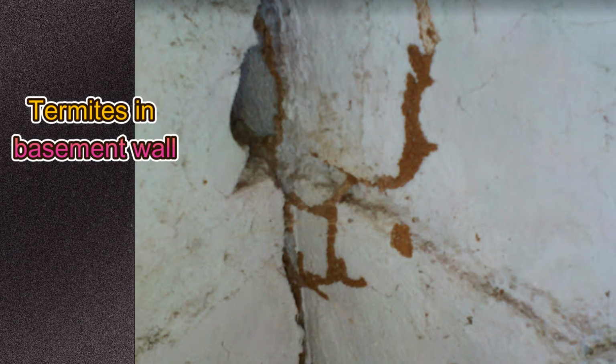On the current image, you can see we actually found termites in a basement wall here. So this is where two foundation areas met, two block walls, and the termites had worked their way in between. So keep in mind, basements can also be an issue for termites, and you always need to look in those areas as well. It's been stated by many professionals at universities that termites can live 18 to 20 feet below